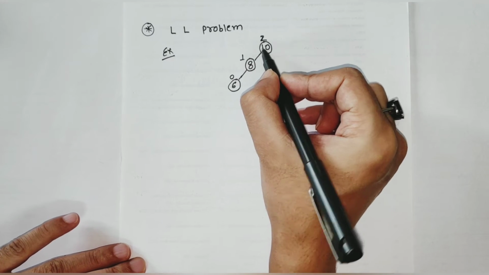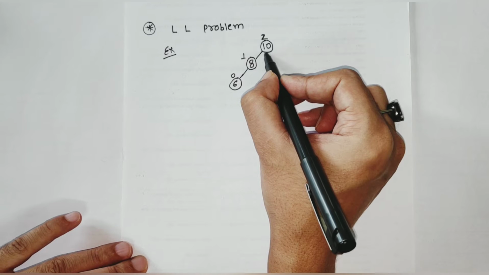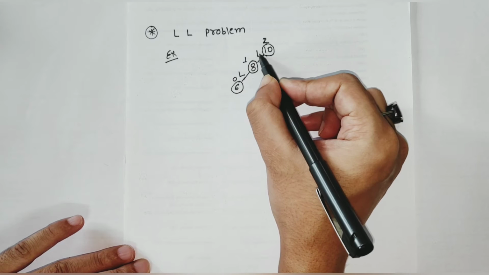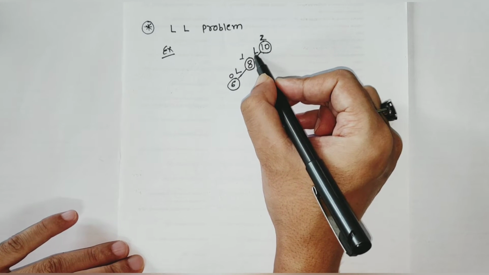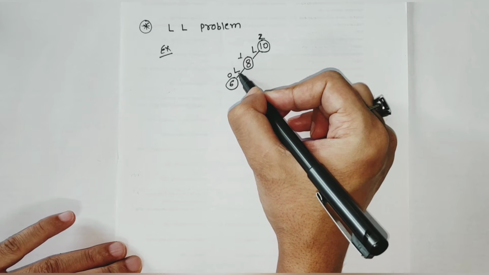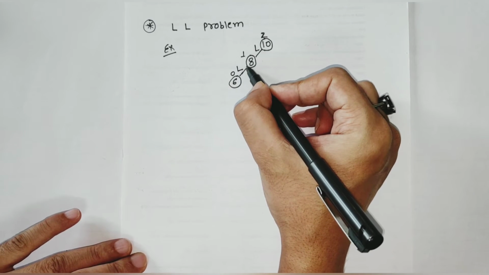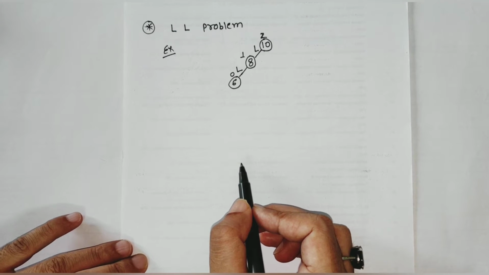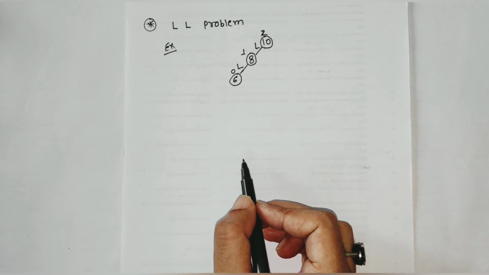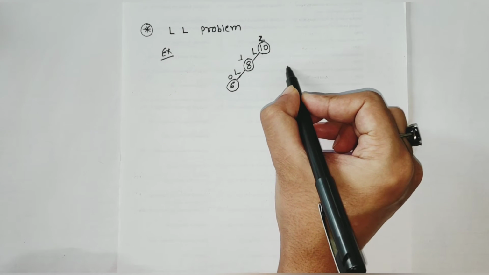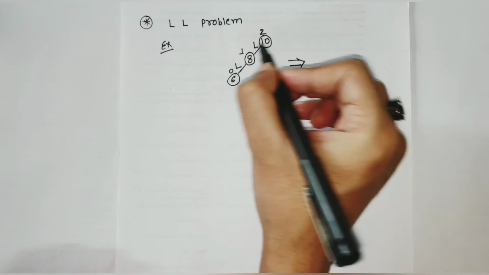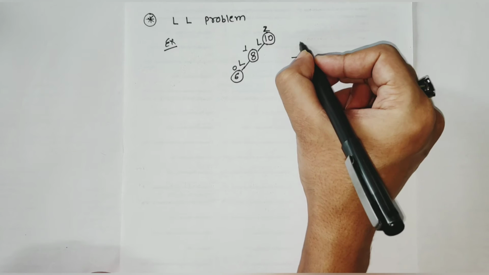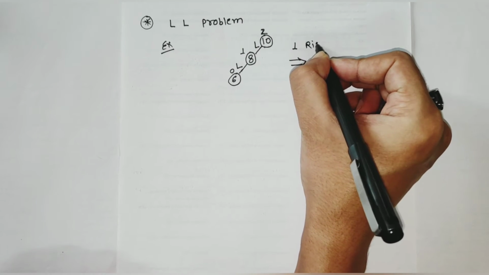And now we will see how it is creating a problem. It is making a problem from left to left, because there is a problem of the left to left node. So it is called the LL problem because the left to left node is making a problem. So this problem is known as the LL problem, left to left. Now we have to solve this problem. To solve this problem we need rotations. So we will rotate this head, this root node, to the right. So we will make one right rotation.